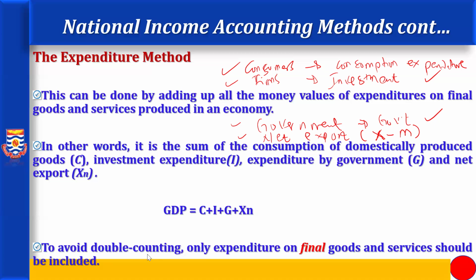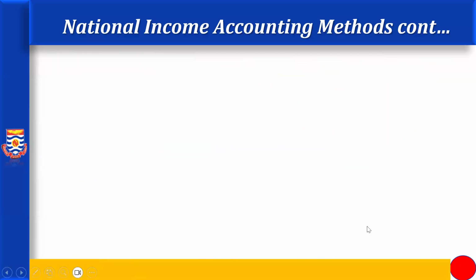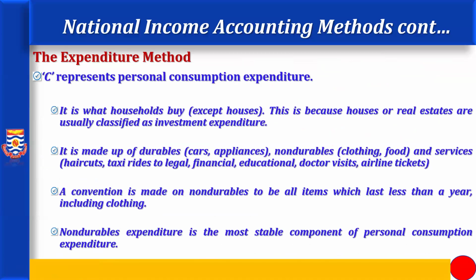Then again, to avoid double counting, only expenditure on final goods and services should be included. Now, let's get into them in detail. So what is consumption expenditure? I've given you the overview, but let's get into them in a little bit of detail. So what is consumption expenditure? It is simply